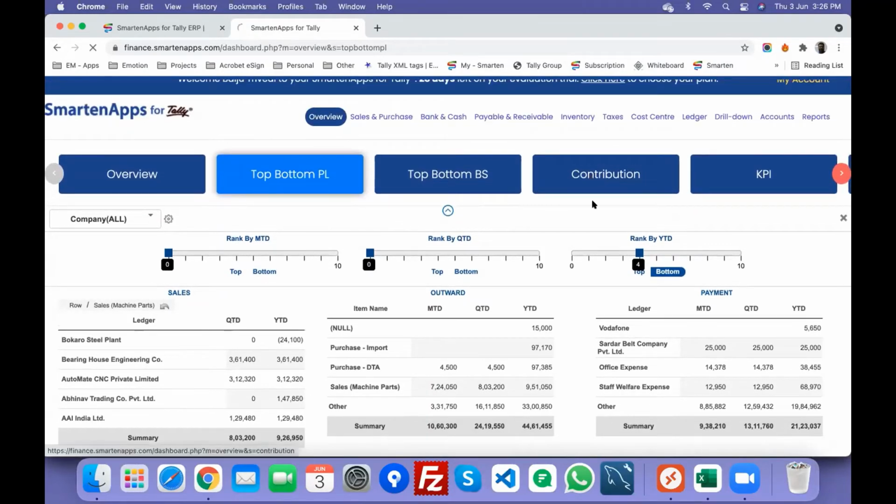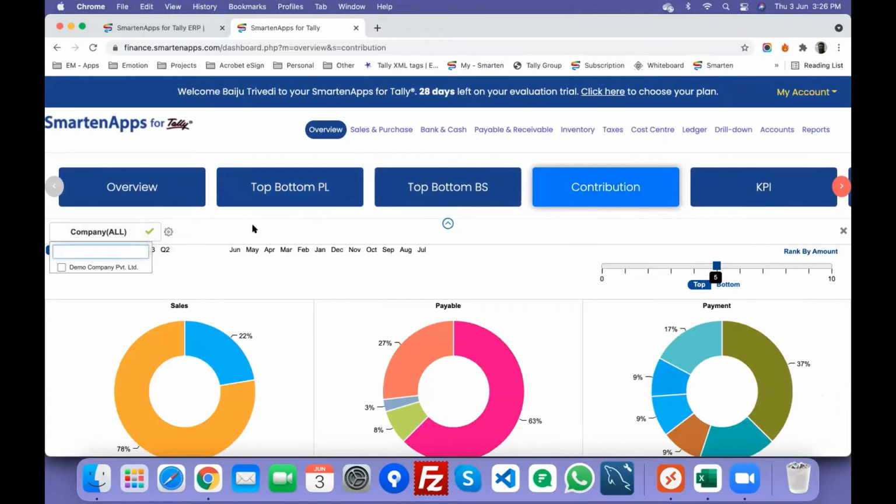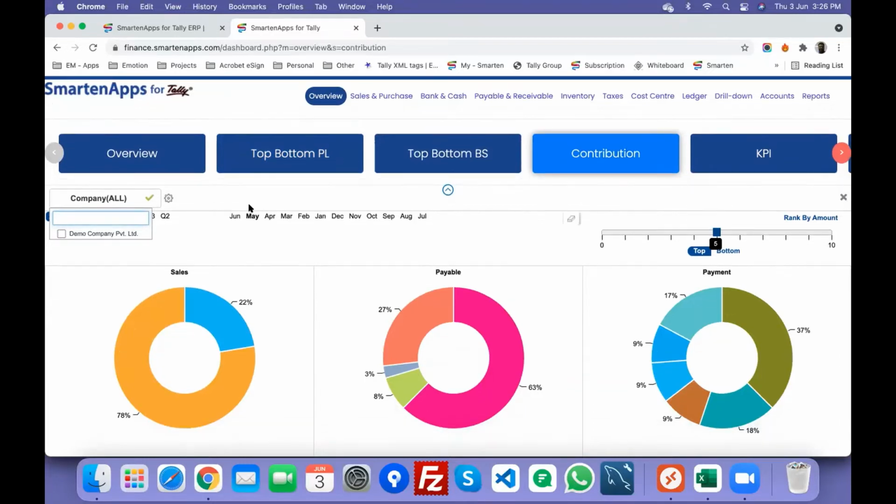You see there is a company combo on the top left. So this is multi-company. And the beauty is, say, for example, you have 2 companies, 3 companies, 5 companies. And right now, say, for example, you have 1 company for Western zone and 1 company for your Northern zone. And you want to aggregate the performance of both the companies. You just have to select the checkbox of the companies you want to do aggregation with. And this aggregated data of multiple companies will be displayed both in the web as well as the mobile edition. So that's one of the unique features that we have.